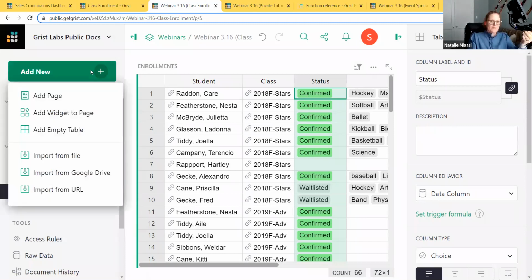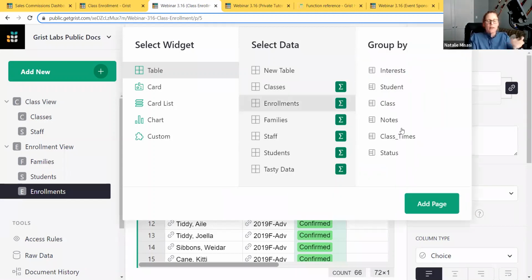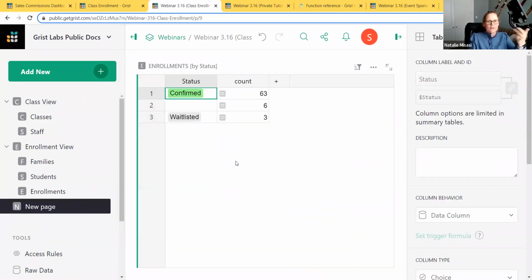All the blank ones grouped together. So I'm going to add a page. To create a summary table, we click the summation icon to the right of the data table we want to use. And then we select what we want to group by. So here I want to group by the status. So now I've got this handy summary table that tells me how many confirmed, how many blank fields I have,